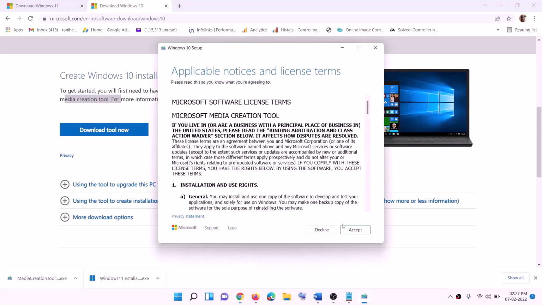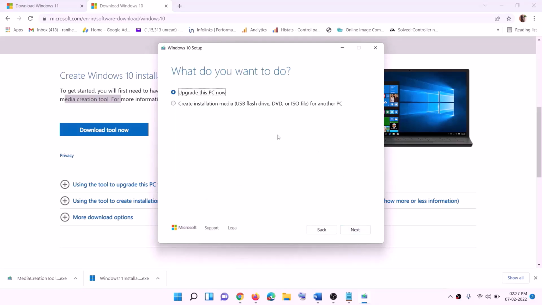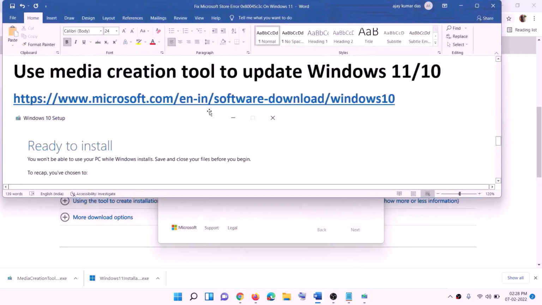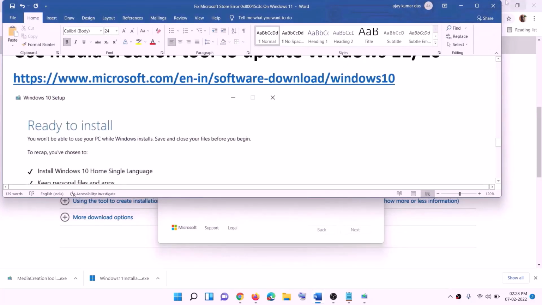Then you will see the screen. Click on accept. By default, upgrade this PC now would be selected. Click on next. It will start downloading Windows 10 along with the latest update. Now this process will take some time. Now once the download is complete, before the installation, you will see this screen which says ready to install, and